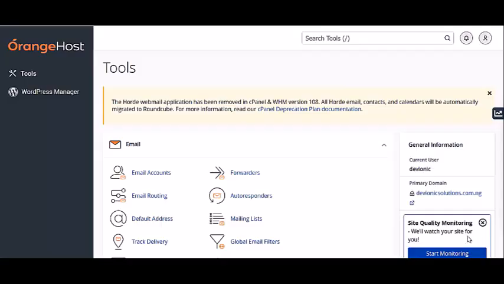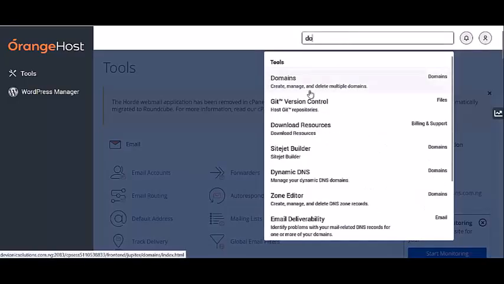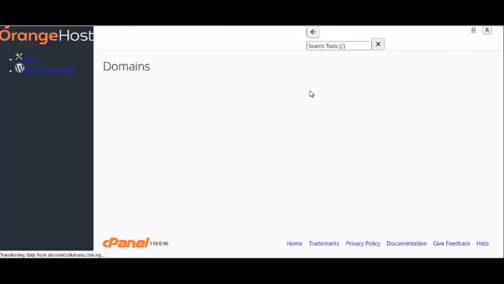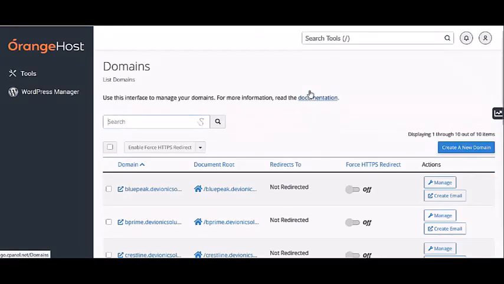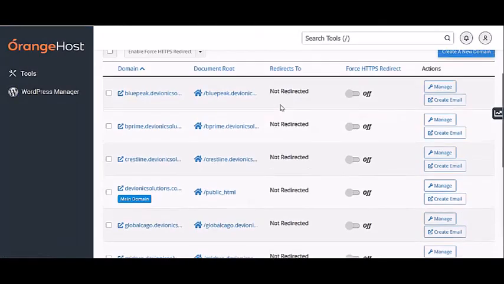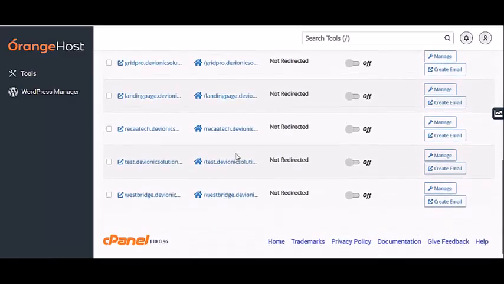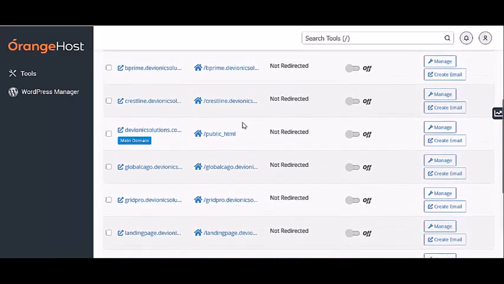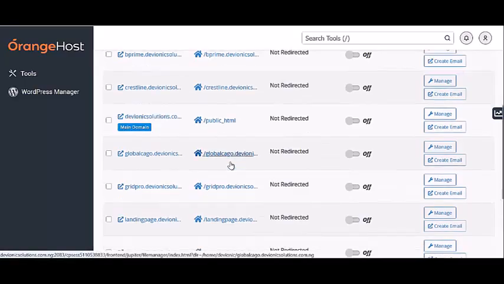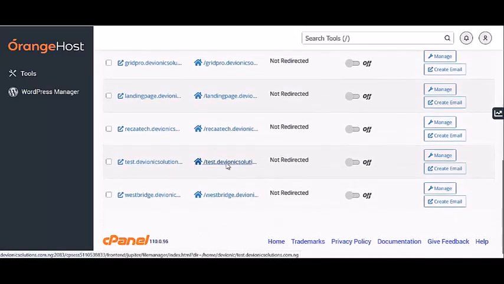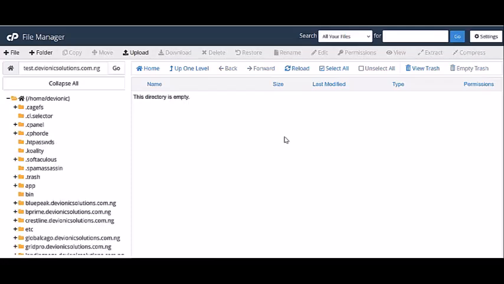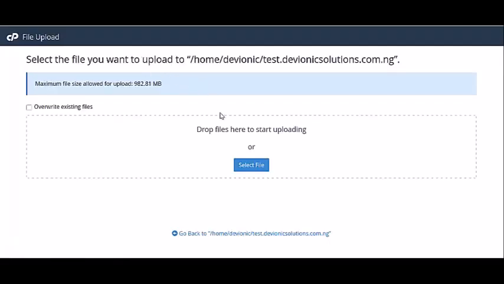Okay, so once you log into this dashboard, for this I'll be putting the main in a subdomain. And if you're putting the main domain or public HTML, it's actually the same process, right? You just have to go down here, and if you're putting the main domain, you use this public underscore HTML. I'm uploading to the subdomain, just click here, and I'll click on upload here, right? Click on upload, click on select files,